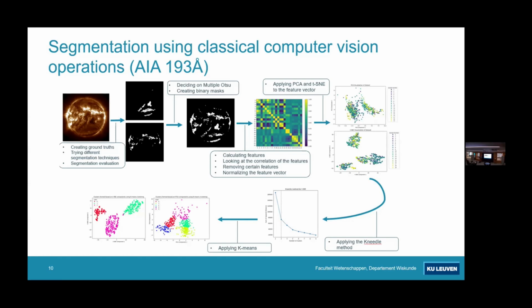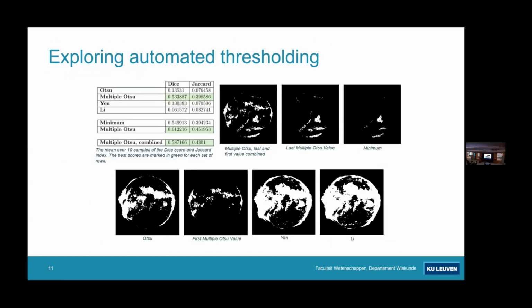Doing some dimension reduction using PCA, we can go to a lower dimension space, and then with some clustering, we can characterize these areas in an unsupervised way. Because remember, our goal is to identify areas that could lead to physical phenomena like CMEs or flares. So if we go a bit deeper into this framework,